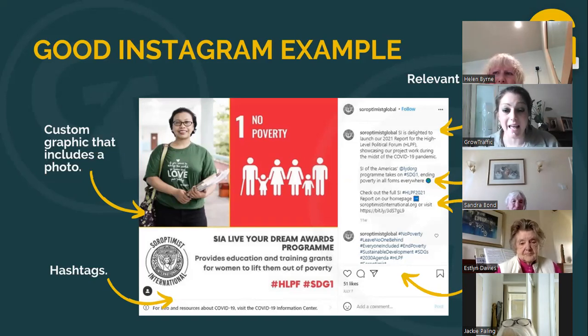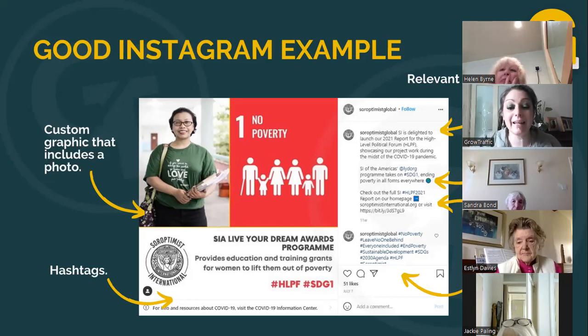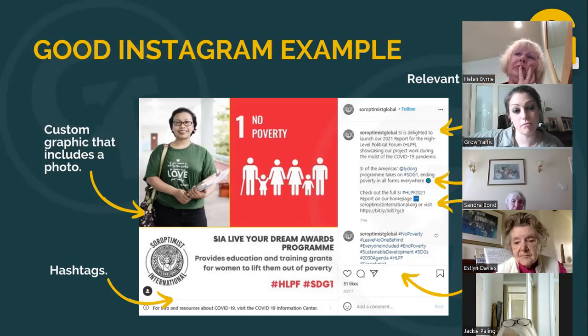And then again, they've got a good bit of information there in the main body of the text. So they've said, this is what we're doing, this is the cause, this is what we're raising awareness of. They've used some more hashtags. They've put a link in there. Again, they could have put that in the comments, they've put it in the main blurb, but that's fine. But they've linked out to the organization that's involved, and they've tagged other organizations as well.